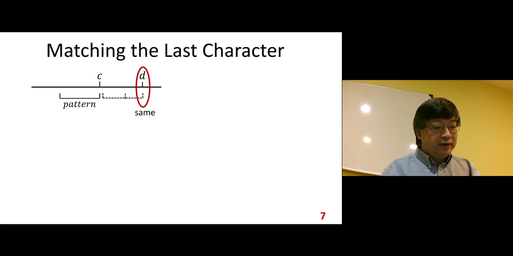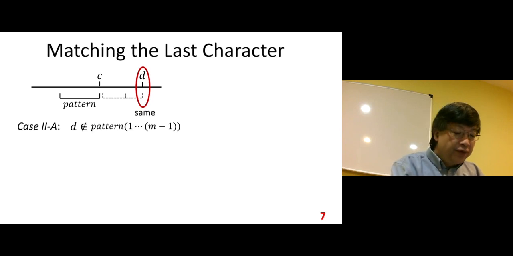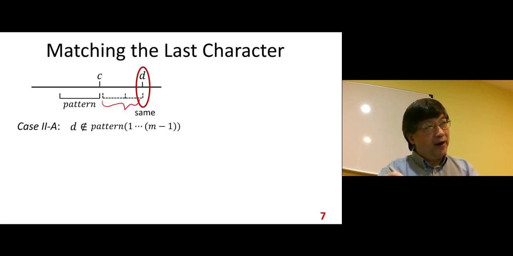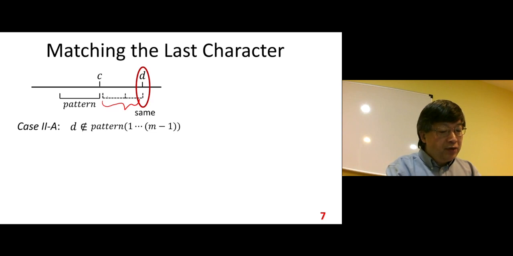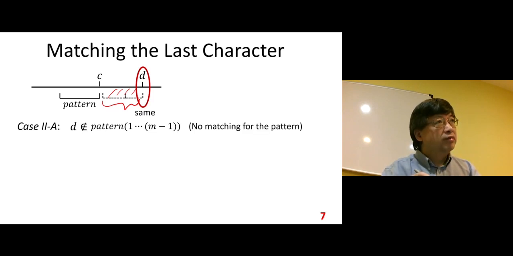So here we assume the last character matching. Case 2A. D is not in this pattern from 1 through n-1, not including the last character. Not there, that means you don't need to try to match anyone in the pattern with that D. Your shift size could be not matching for the pattern, right? So here,